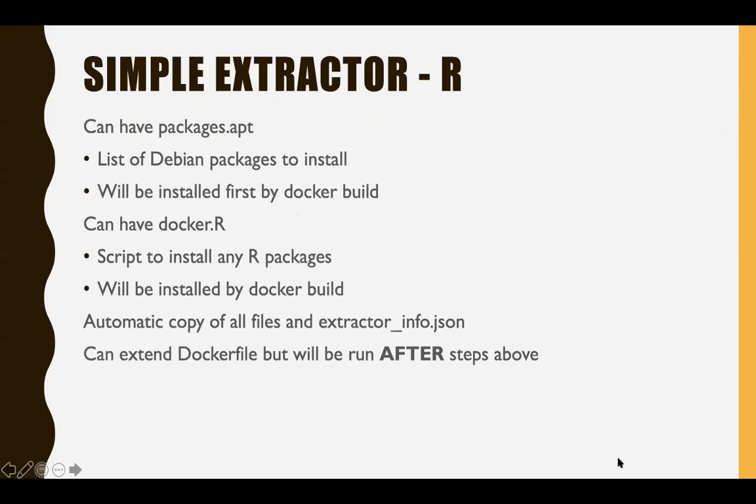Same thing again for the simple extractor. You can have a packages.apt, which lists all the extra Debian packages you might need in your code. You can also have a docker.R, which is a script that gets called, which contains any R packages or anything else that you need to do while the image is being built. So this is sort of where you can do any additional